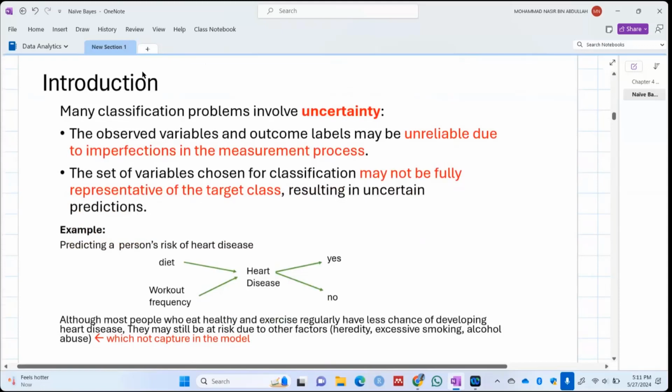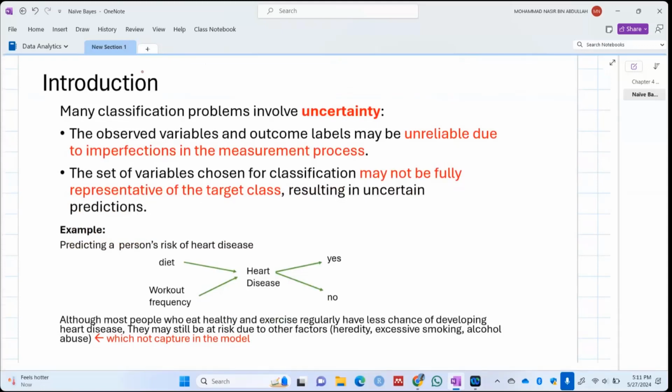Now, many classification problems involve uncertainty. In logistic regression also we involve uncertainty, where we don't know the distribution of the data. One of the problems is that the observed variable and outcome label may be unreliable due to imperfection in the measurement process, where we collect the data. Maybe the sample size is not sufficient, your sampling technique is not accurate, and maybe